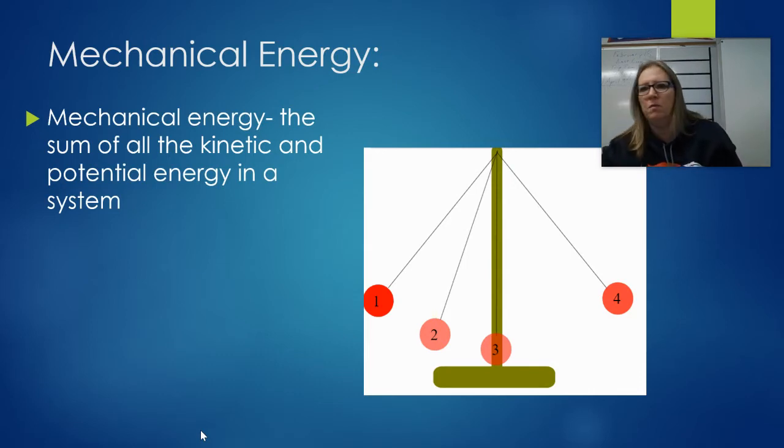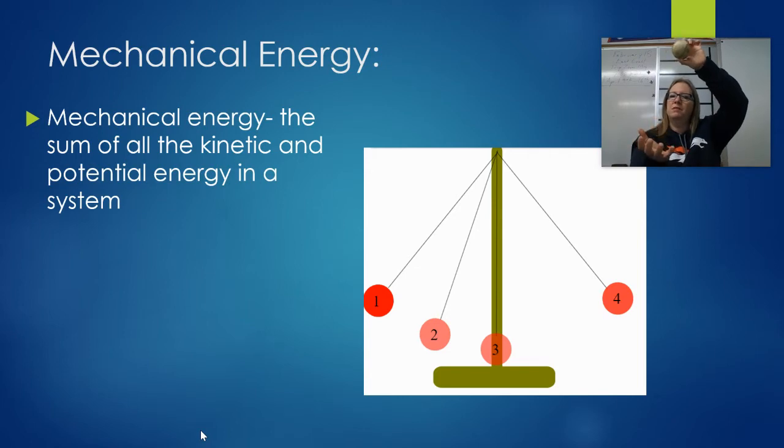Okay, so back to my baseball. When I'm holding it, it's actually got potential energy, but I'm not going to drop it, so I'm going to kind of discount that. As soon as I throw it, it's moving, so it's demonstrating kinetic energy. It stops at its maximum height, and for a brief second, even less than that, it's not moving, so there's really no kinetic energy, but it's got all kinds of potential energy to it, and that's what brings it back down. So we've got kinetic transferring into potential, and then potential transferring back into kinetic as it comes back